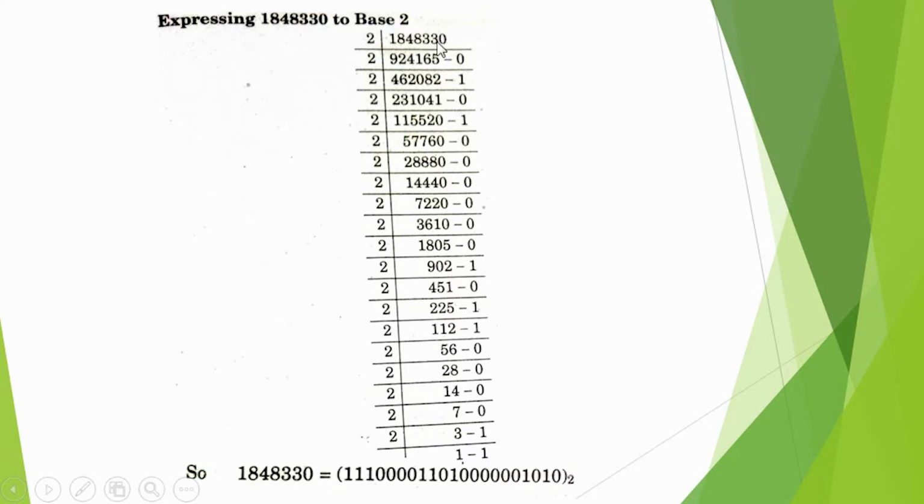2 9s are 18, 2 2s are 4, 2 4s are 8, 2 1s are 2, 3 becomes 13, 2 6s are 12, 2 5s are 10. Now 2 4s are 8, 2 becomes 12, 2 6s are 12, 2 2s are 4, 0 comes, 2 8s are 16, 2 2s are 4, 1 carry. 2 2s are 4, 2 3s are 6, 2 1s are 2, 0 comes as it is, 2 4s are 8, 2 1s are 2, 0, 1 carry.